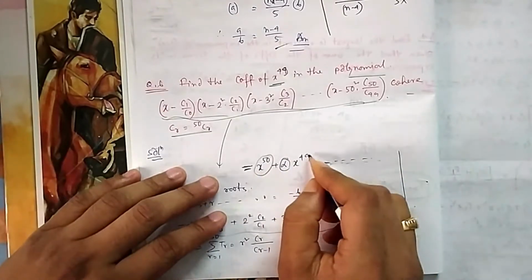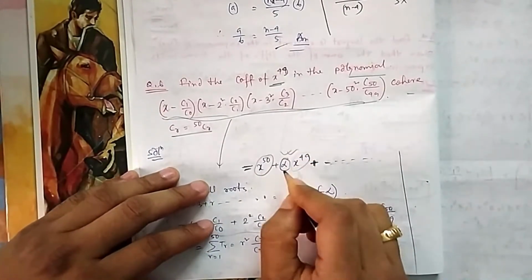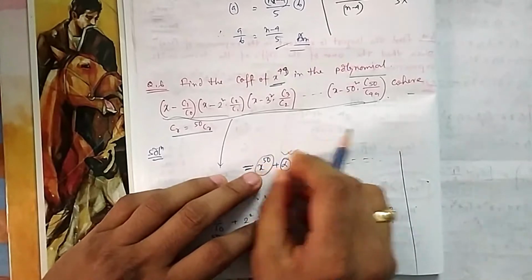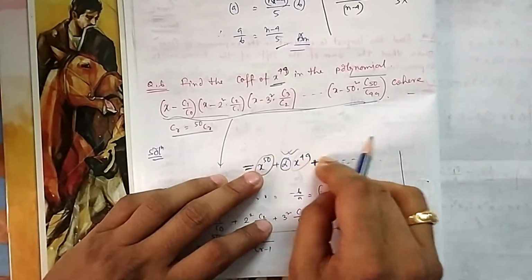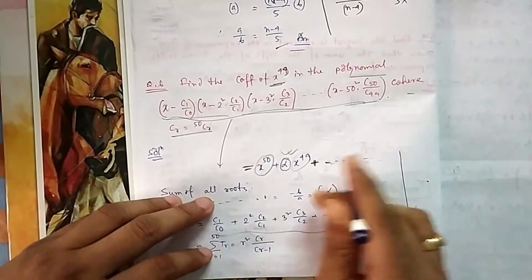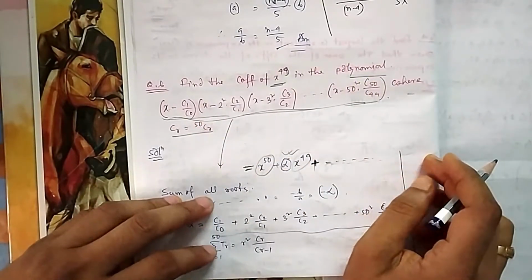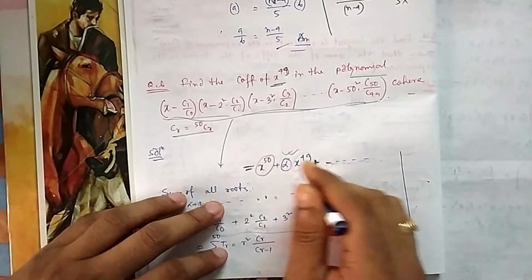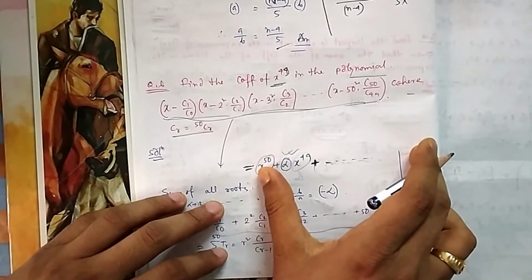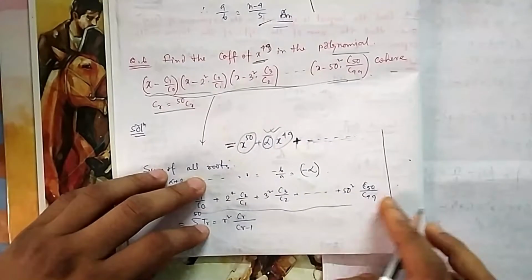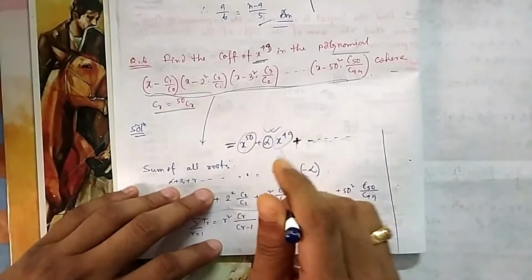The next term will be x to the power 49, some alpha is multiplied, because if I write it in standard format, highest power of x first, then I am reducing by 1 each time. So something, then plus dot dot dot. This expression can be written in this form. So how many roots will this expression have? 50 roots. Theory of equations, you remember. There is x to the power 50, so it will have 50 roots.